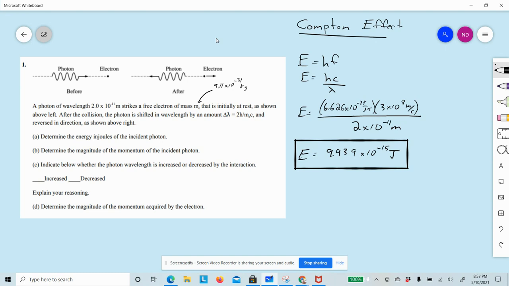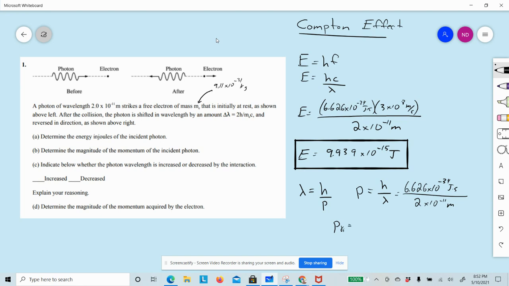Determine the magnitude of the momentum of that photon. It has energy, but what's the momentum of it? What do we know? There's this equation in the reference tables: lambda equals h over momentum. We want to know the momentum, so momentum is equal to h over lambda. h is 6.626 times 10 to the minus 34th joule seconds divided by the wavelength of 2 times 10 to the minus 11 meters. So the momentum of the incident photon